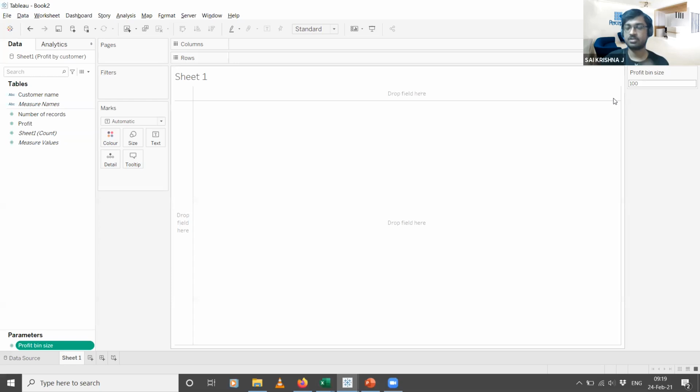The reason we are doing this is because only then will the frequency distribution be calculated accurately, and we will get that smooth looking curve or smooth looking distribution. Just for the sake of visual appearance, we are creating this additional calculated field where we are rounding the profit value up or down to the nearest number as specified by the parameter over here.